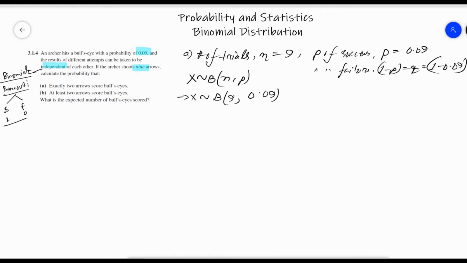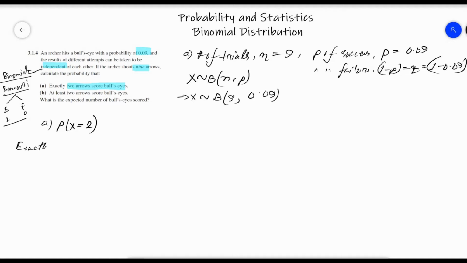Now let's get to our first problem, number A. In number A, we are asked to determine exactly the probability of two arrows that score bullseye. So we can say that probability of exactly two arrows hitting bullseye or exactly